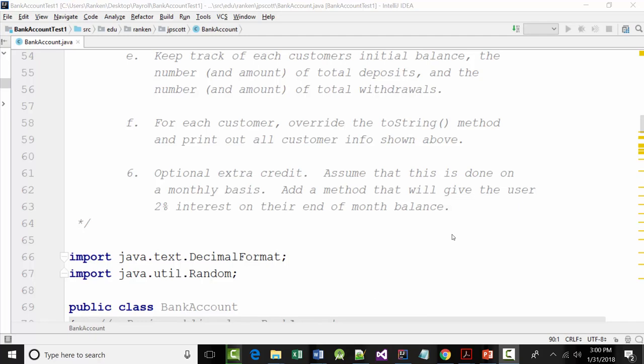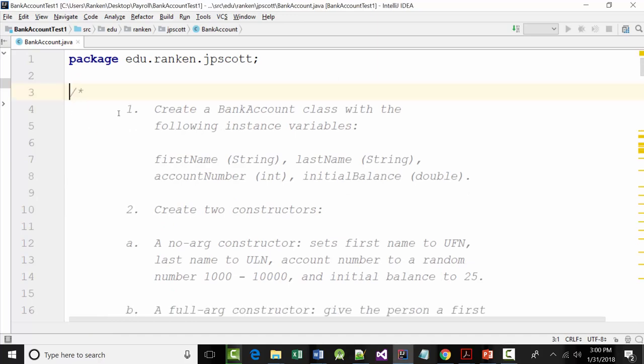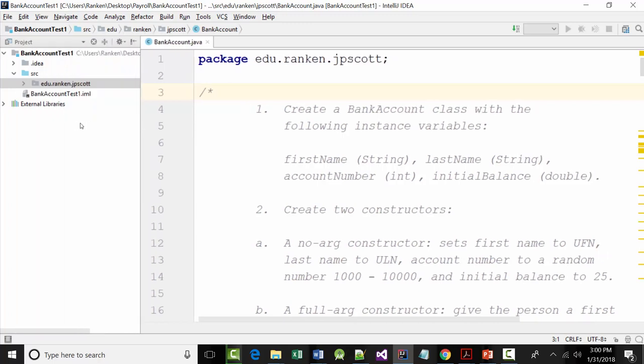Okay, so the bank account class was about 240 lines. Yours probably isn't that long because my first 65 lines, or my first 25%, were all those comments. All right, and again, I wouldn't expect you to put all those in, but I did. So the next thing that I want to do is now we have to go in and create